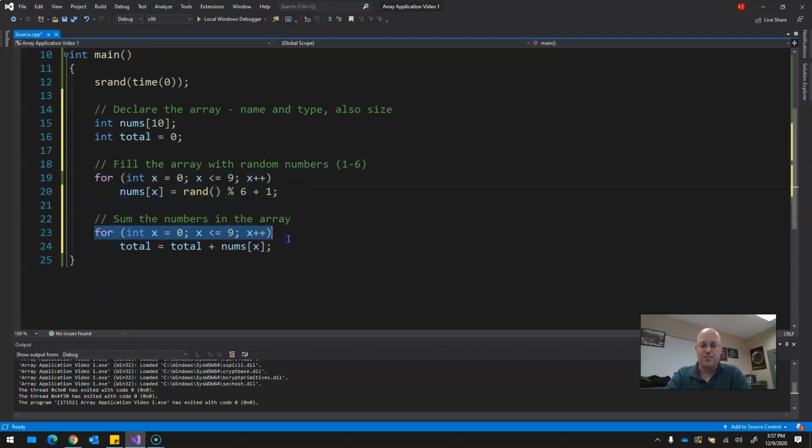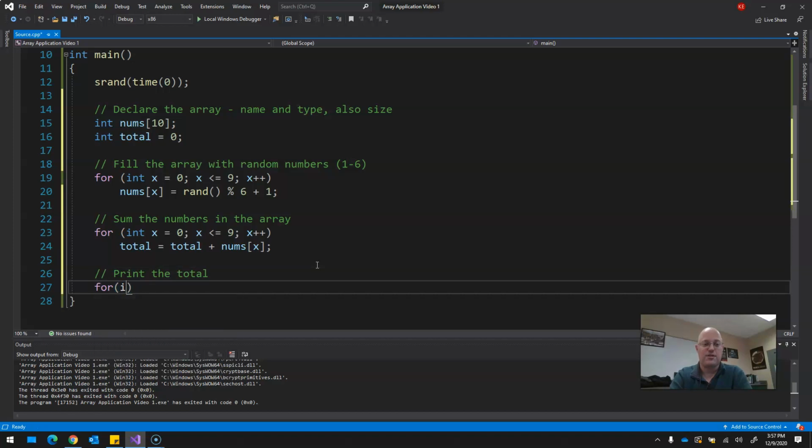I now sum the numbers in the array. Total plus equals nums x, or total equals total plus nums x. From there, I can print the total. And I can say something like cout the total is equal to, and then I can put total, endl. Now, of course, what's lacking in this problem, we don't know what the dice rolls are, so I